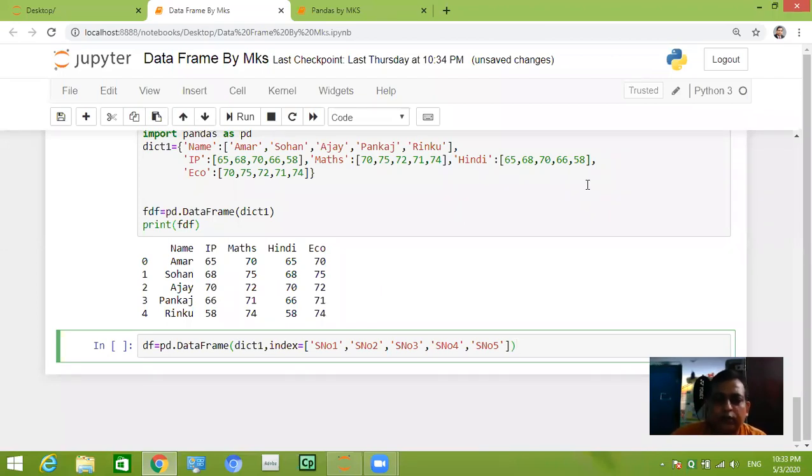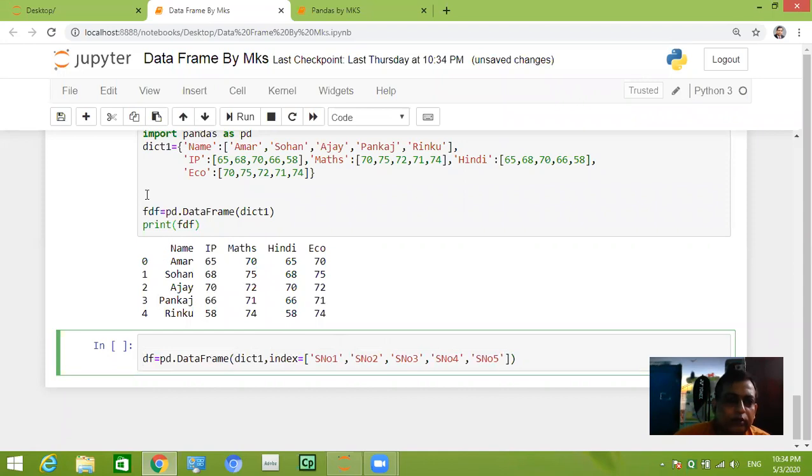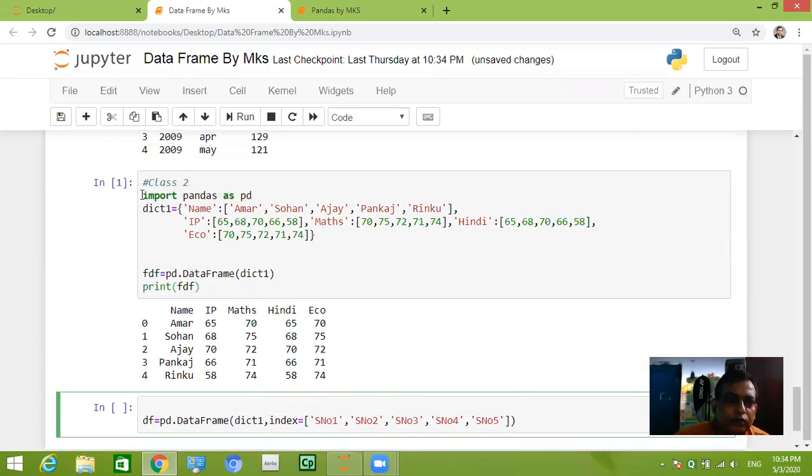After this we are going to see how to rename this index as serial number 1, serial number 2, serial number 3. So we have to write this dictionary, and you will write this also.